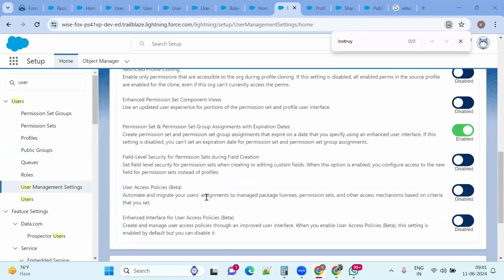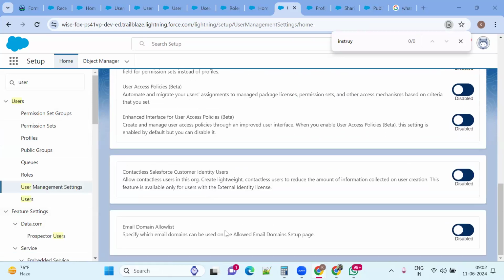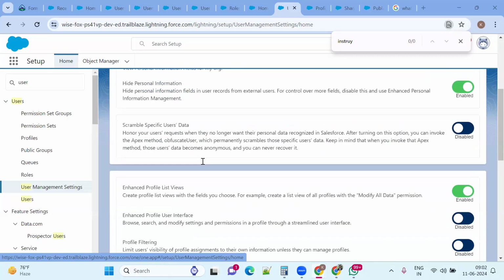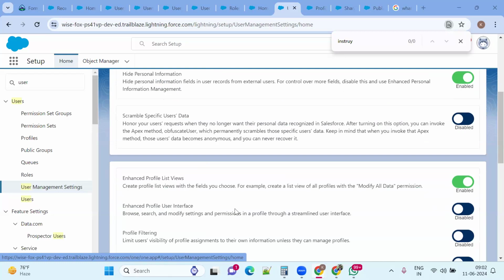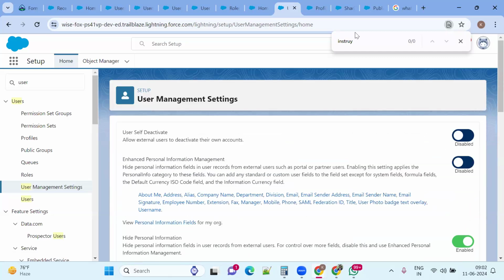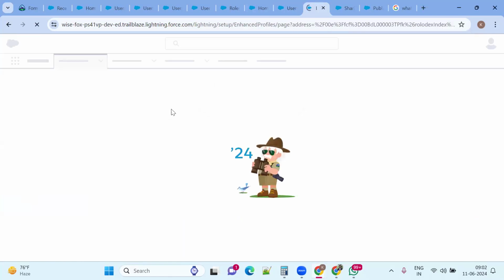I think I didn't turn on enhanced profile user management. Yeah, this is not turned on till now. Now we'll see. Once this is turned on in the user management setting, then if you go to profiles,